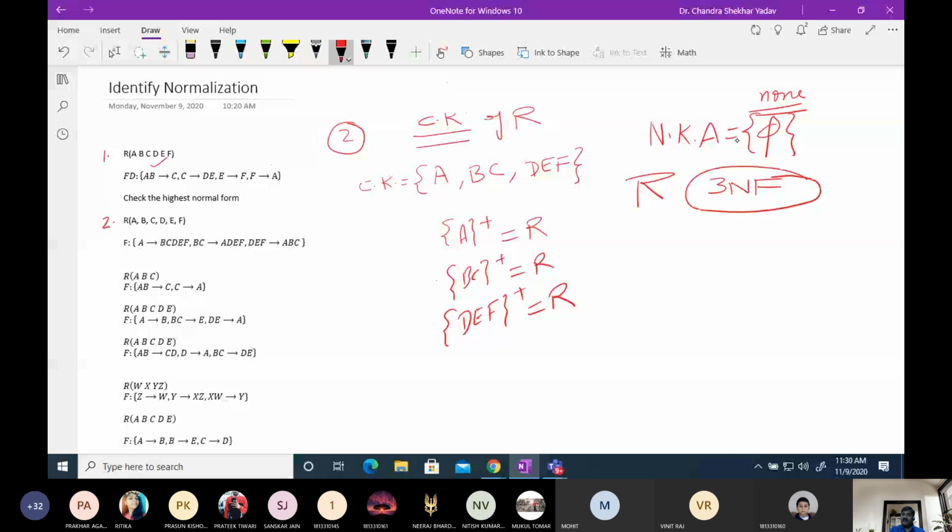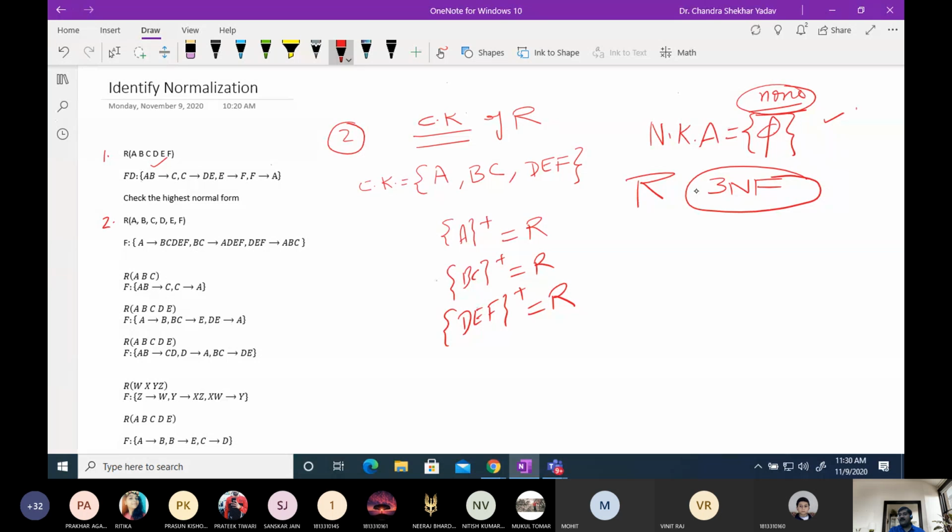ओके, अगर सर नॉन-की एट्रीब्यूट्स none आ रहा है तो हम दोनों डिफिनीशन में क्या यूज करते हैं, नॉन-की एट्रीब्यूट्स फुली फंक्शनली डिपेंडेंट ऑन कैंडिडेट की, नॉन-की एट्रीब्यूट्स नॉन-ट्रांजिटिवली डिपेंडेंट ऑन कैंडिडेट की, और जब रहेगा ही नहीं तो चेक करने की जरूरत ही नहीं। तो बिना कुछ दिमाग लगाए R is at least in third normal form में होगा।